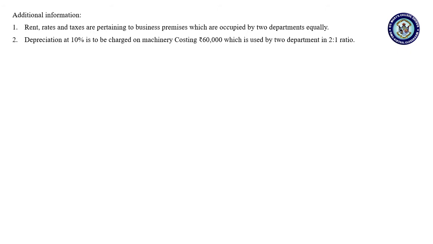Second one, depreciation at 10% is to be charged on machinery costing rupees 60,000. So you have to calculate the depreciation figure of 10% on machinery. So 60,000 into 10% is 6,000. That is the total figure. Now you need to apportion the depreciation among A and B. Again, they have given the ratio of 2:1, so you have to apportion on the basis of 2:1, that is 2/3 and 1/3. Okay. The next thing